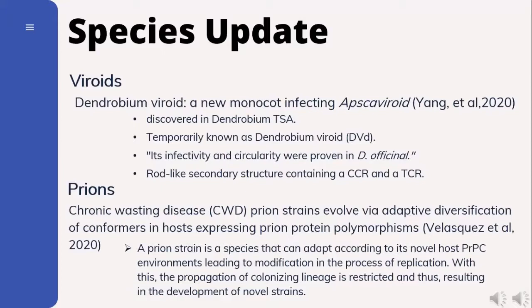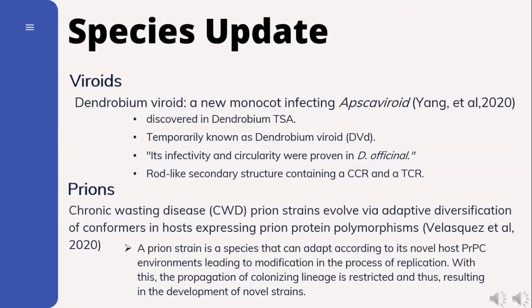Because of this, a study conducted by Velásquez and his team in 2020 aimed to understand the diversification of prions. Cervid species express cellular prion protein molecules with varying amino acid composition. These PrPC polymorphisms can affect prion transmission, disease progression, neuropathology, and the emergence of new prion strains. In their study, they monitored the conformational and phenotypic characteristics of CWD prions passaged through deer and transgenic mice expressing